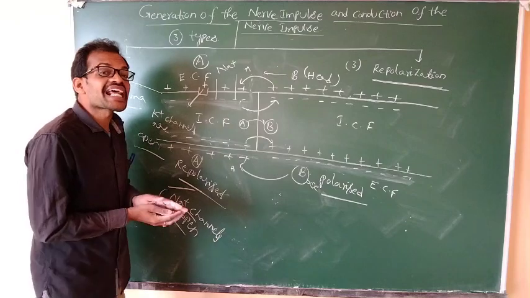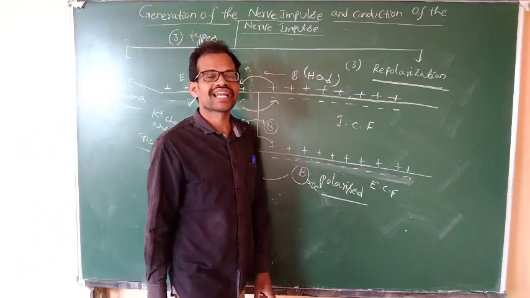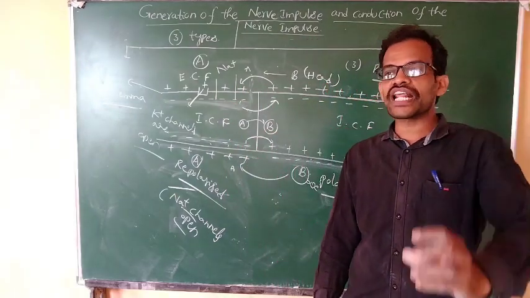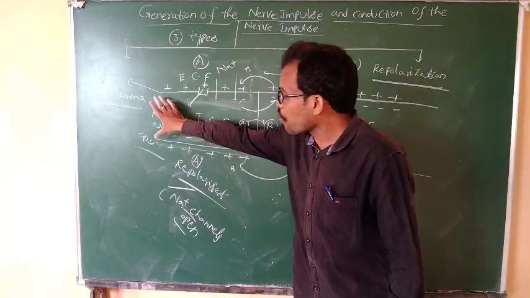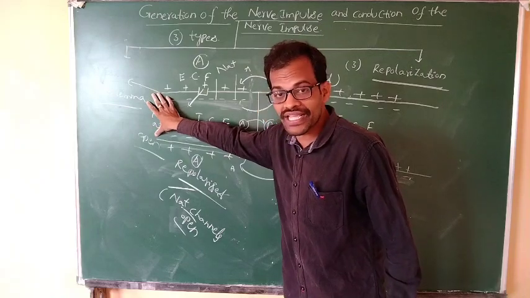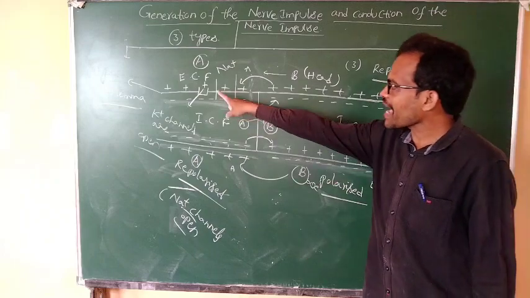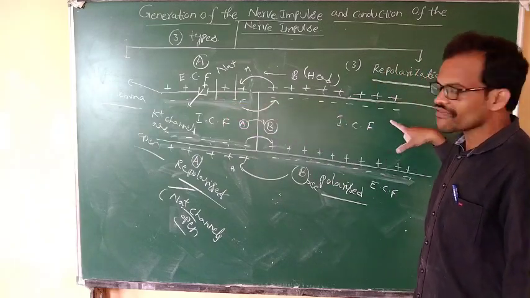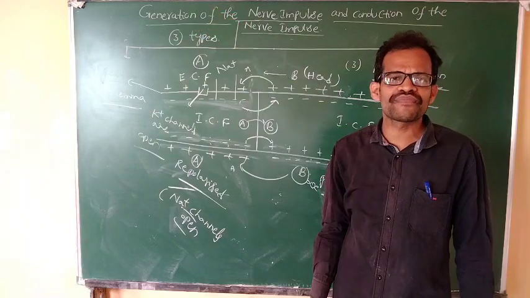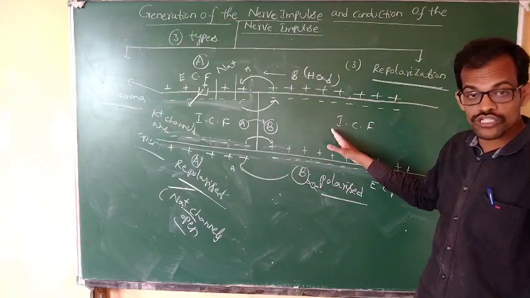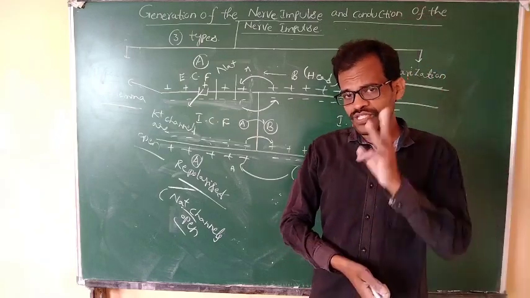The impulse, the current flow into the one membrane, is the nerve impulse. Nerve impulse means how the nerve impulse is generated and how it is conducted from the starting axon membrane to the ending of the axon membrane. This action potential means the generation of the nerve impulse continues through the entire axon. The generation of the nerve impulse involves three types.